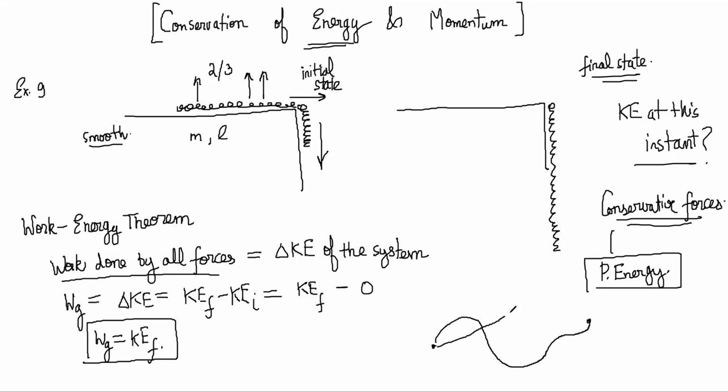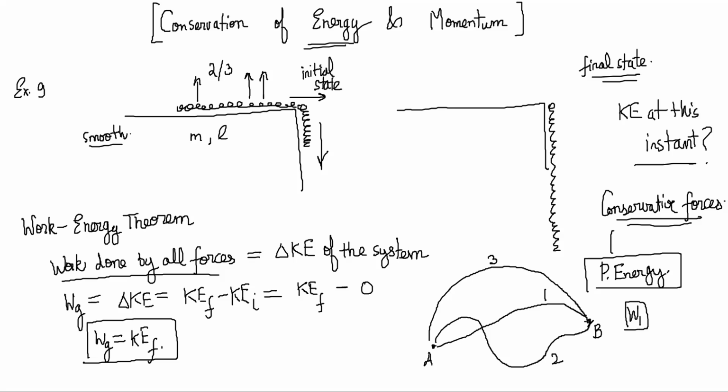suppose it had depended on the path, right? This is path one, this is path two, and you could make infinite different paths to go to that point. If the force was non-conservative, that means the work done depends on the path. Then if someone did some work on A and brought it to this point, this was work done in path one,